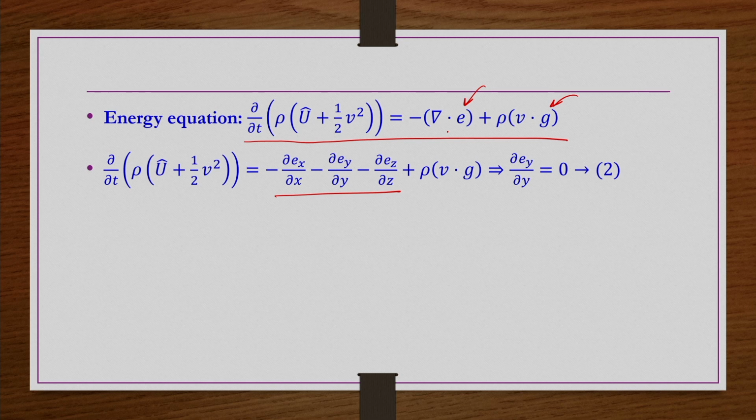So, now we apply the constraints of the problem, steady state. So, then left hand side all terms are cancelled out. Gravity we are taking in the other direction. So, in the direction of diffusion or temperature variations, in that direction there is no gravity. So, this we can take out as 0, right. So, the variations in the energy or temperature are occurring only in the y direction, and that is a function of y. So, remaining E_x, E_z are 0. So, what we get is ∂/∂y of E_y equals 0. This is what we get.